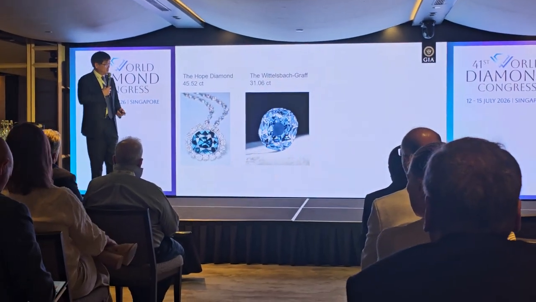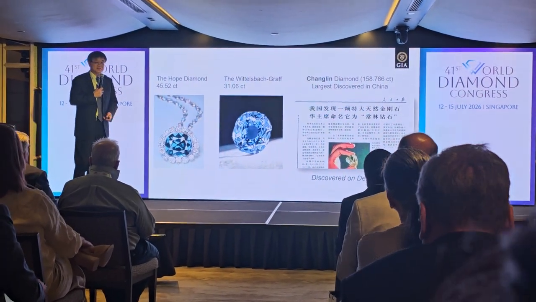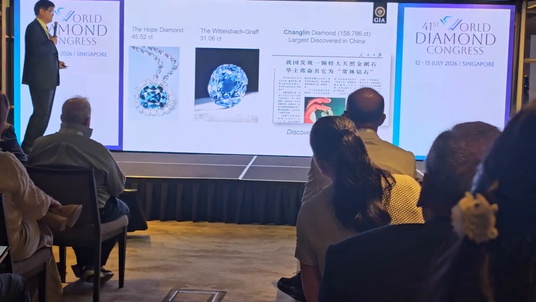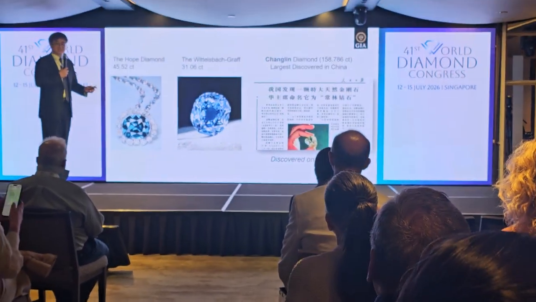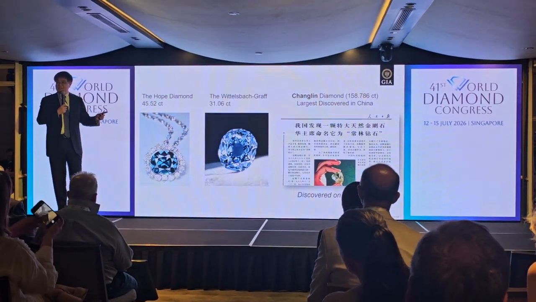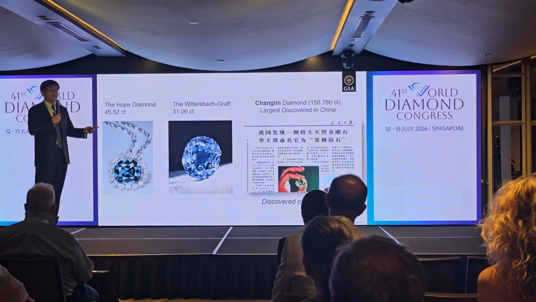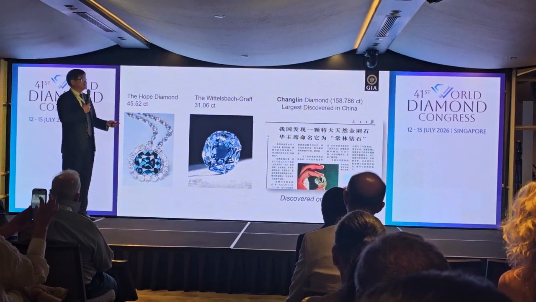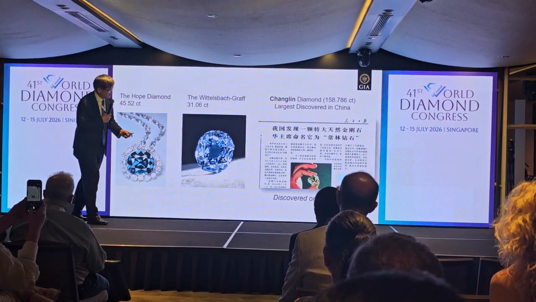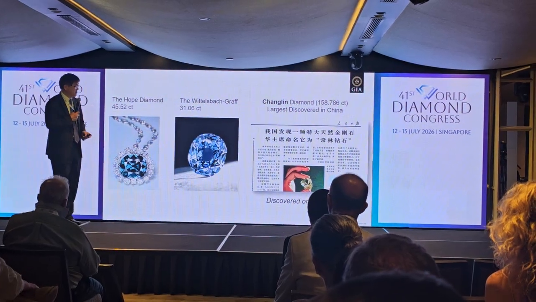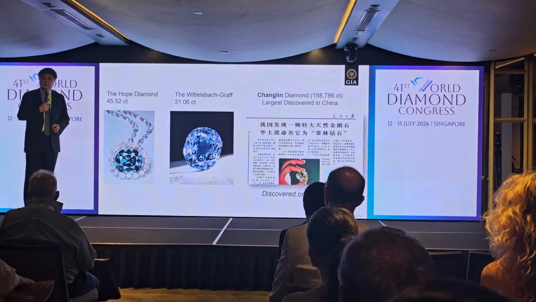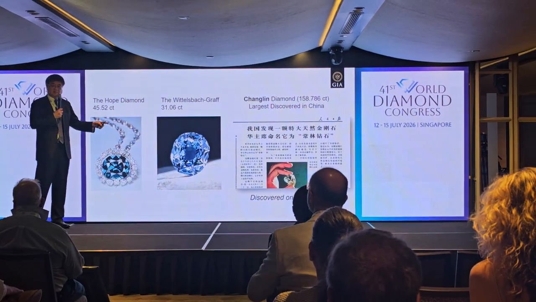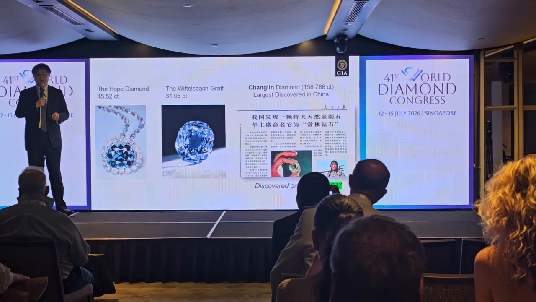We're in Singapore in the East part. I intentionally decided to show you this slide, this picture. This is a newspaper, People's Daily, in 1977. That's the key moment China started changing. This is the biggest diamond ever discovered in China, about 150 carats, I believe, and it remained the last one. Nobody knows the future of this diamond, but the discovery of this stone in 1977 was a national